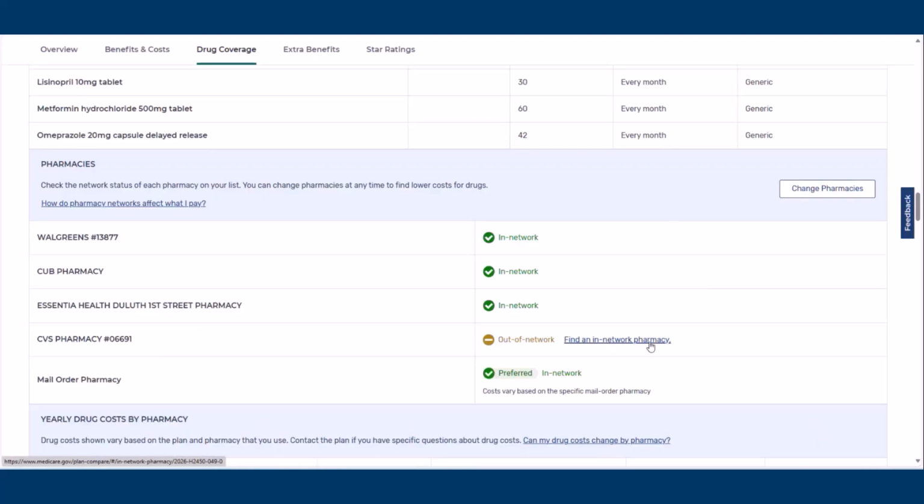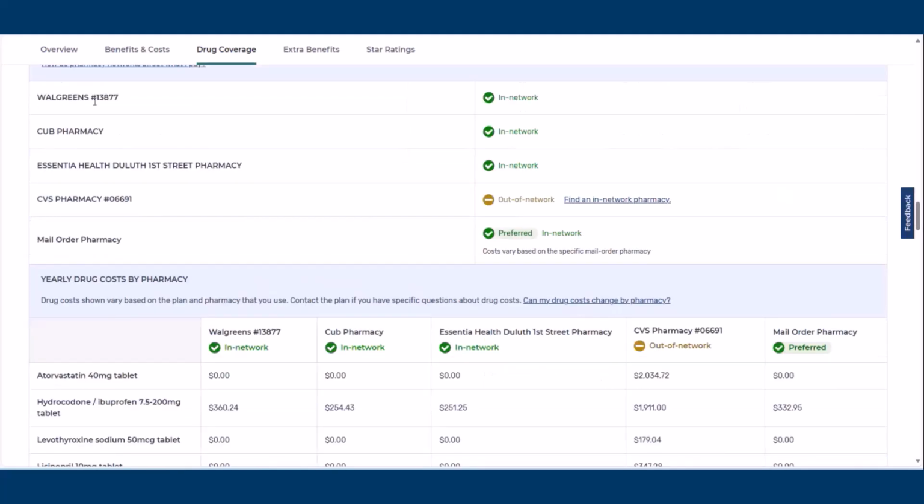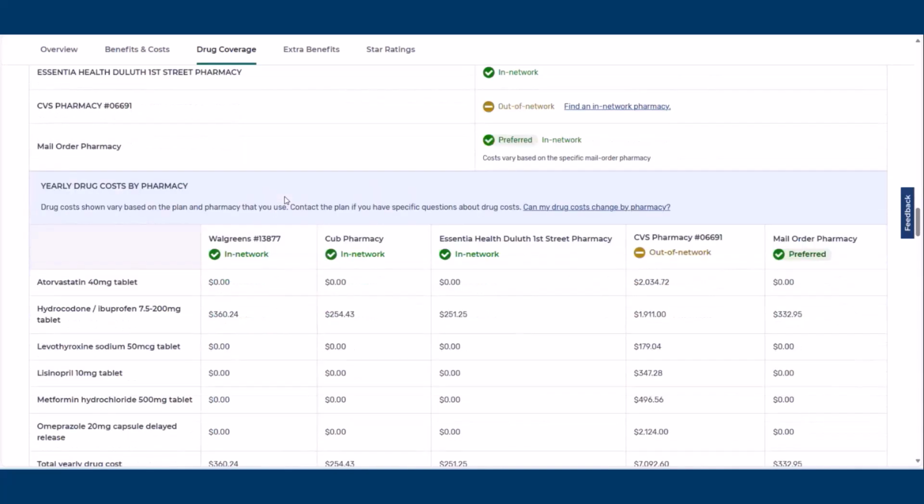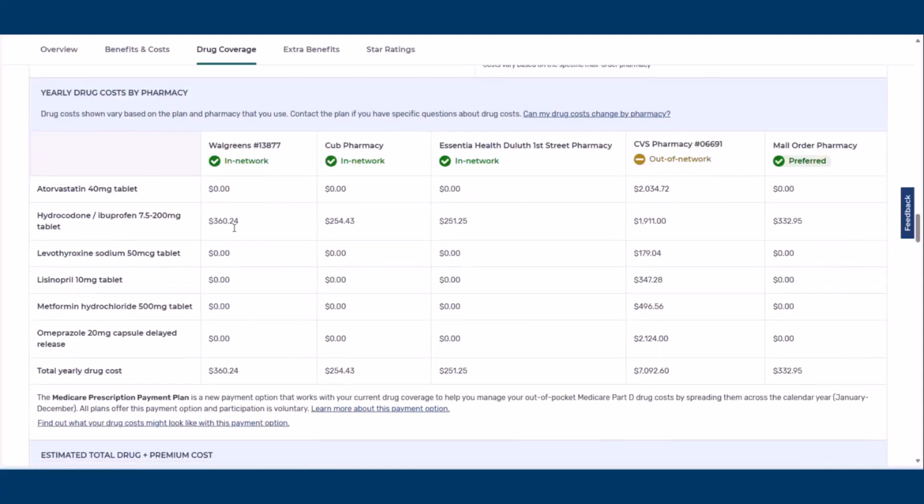Again, this would help us find a pharmacy that is in network for this plan. And then down here, we see preferred. So you could be out of network, in network, or preferred in network. Preferred in network is typically going to be the lowest cost option. But as we can see, these ones are also in network and would work with this plan. And here it breaks it down further as far as how much each medication would cost at these locations. And just at a quick glance, we can see that these ones are in the hundreds and this one goes up into the thousands. And that's because it is an out-of-network pharmacy.